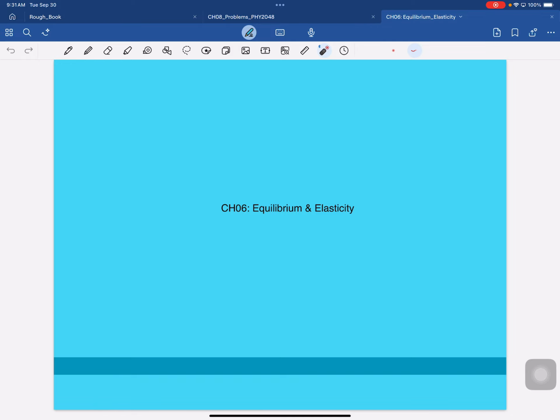Okay, so the title of the chapter is Equilibrium and Elasticity. Those are two unrelated subjects, but they generally get lumped together because that's how it's traditionally done. Equilibrium is related to your balance. That's what we mean by that. And elasticity